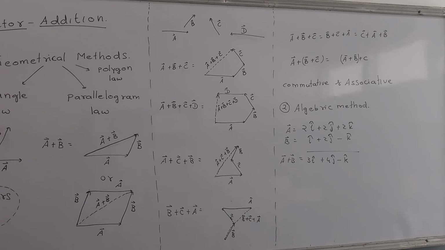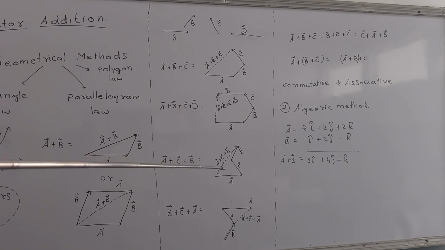Right? One more example from the same I am giving you. It's vector A plus C plus B. I am just changing the order. Okay, let us see what happens. First draw vector A, then from A draw vector C, because C comes second. C is the second one to be added, and from C draw vector B, and this will be what? This will be vector A plus vector C plus vector B.